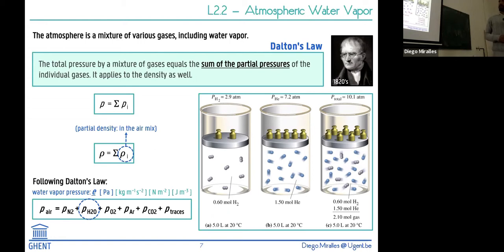But the thing that I want to mention is that if you have two different gases and you mix both of them, the pressure that you get is the summation of the individual pressures. And this was this guy that we put up. Now, if you think of the air, of the atmosphere, what that means is that the pressure of the air equals the pressure of nitrogen plus the pressure of oxygen and so on. And of course, the pressure of